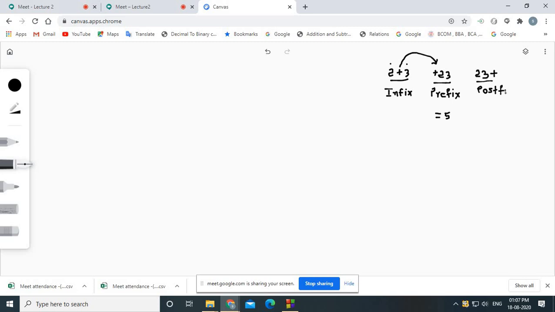So in the infix expression, the operator will come in between the operands, right? In the prefix expression, the operator will come first, pre, right? And in the postfix expression, the operator will come post, that means after the operands, right? So we can easily develop the circuitry. Suppose you want to develop the circuitry of a calculator so that it can evaluate the expression. We can easily develop the circuitry so that it can evaluate a prefix or postfix expression, right? Let's suppose you want to make a circuitry so that it will evaluate 2 3 plus into 5, so this will be easier.